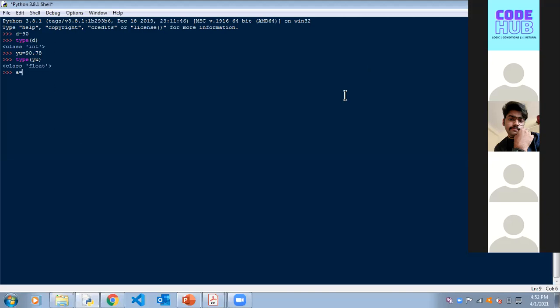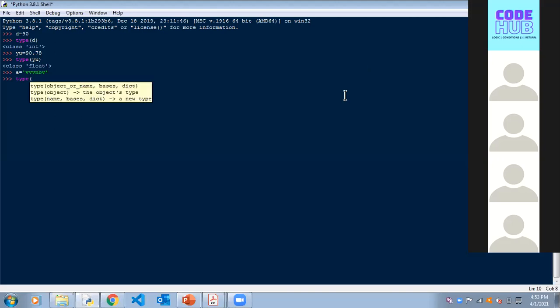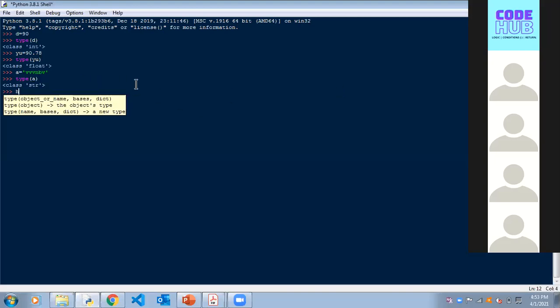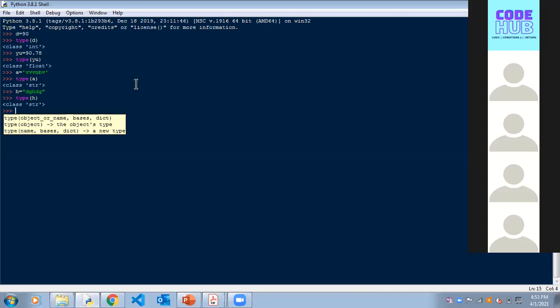Yeah. So as he told you, you don't have characters in Python. You have strings. You can do it in single quotes, double quotes, and triple quotes. See, I'll show you now. This is in single quotes, right? Now you see, type and then the variable name. See, this is string. And now I do the same thing in double quotes. There's no problem in it. See, type of H is string as well. So you can do the same thing in triple quotes.